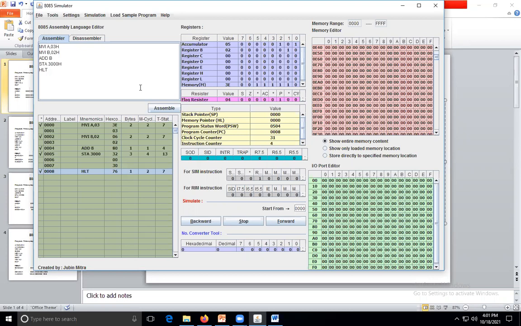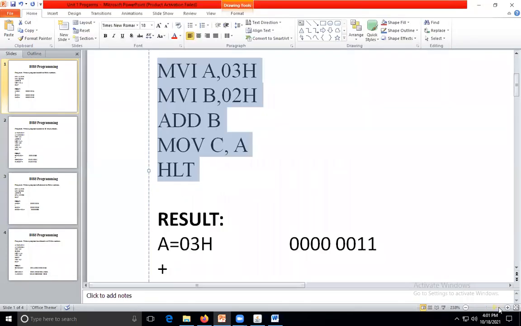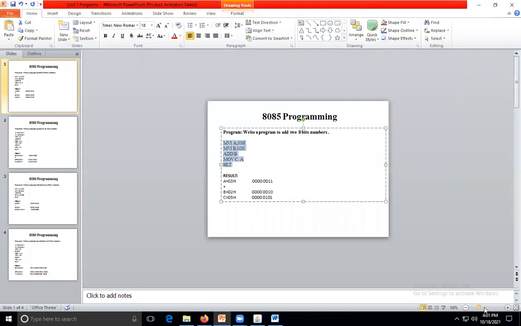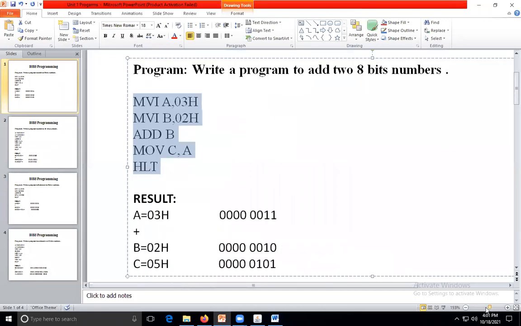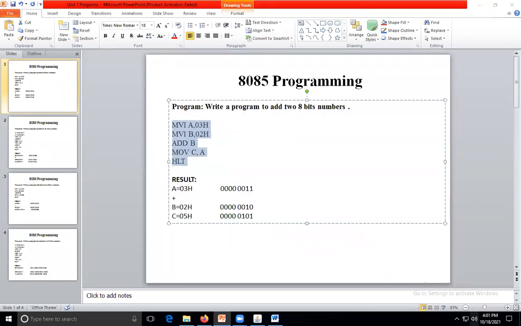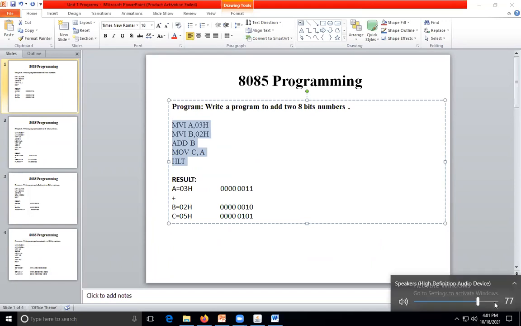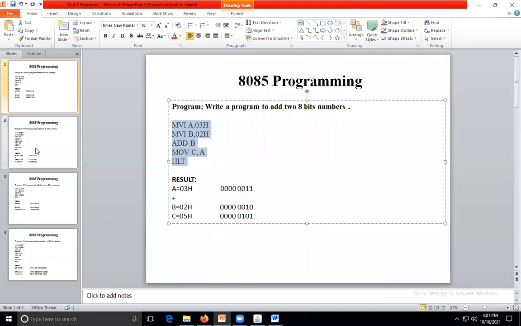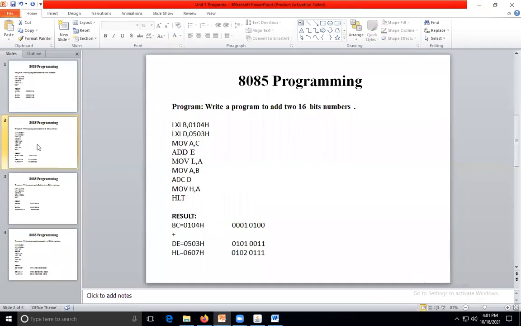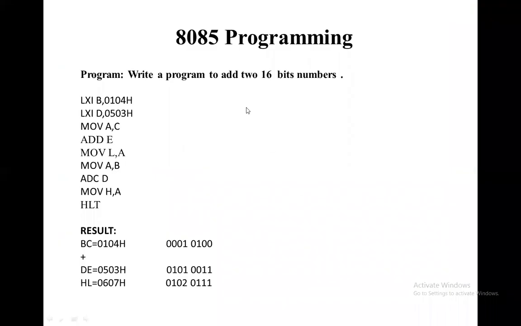Okay, we will go to the next program: write a program to add two 16-bit numbers.